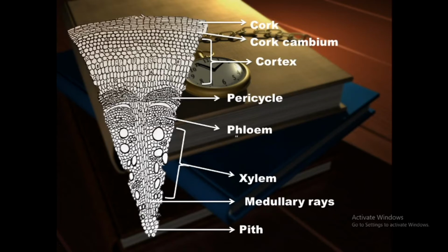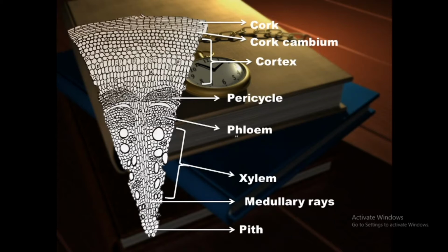Most important thing, the calcium oxalate crystals and starch grains are present in the cortex. So this cortex you can divide into 2 different zones: the chlorophyllous zone, which contains the collenchymatous cells, and the non-chlorophyllous zone, which contains the parenchymatous cells. These are the 2 different types of cells in the cortex. Just below the cortex is the pericycle. This pericycle contains 7 to 8 layers of lignified sclerenchymatous cells.